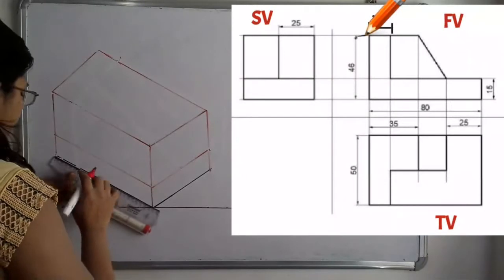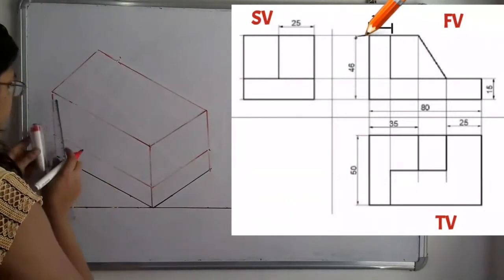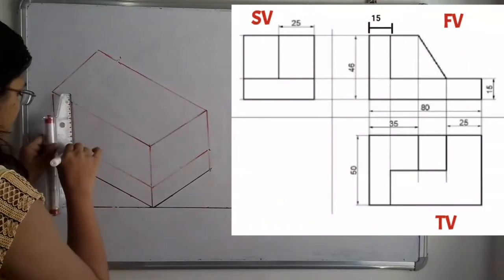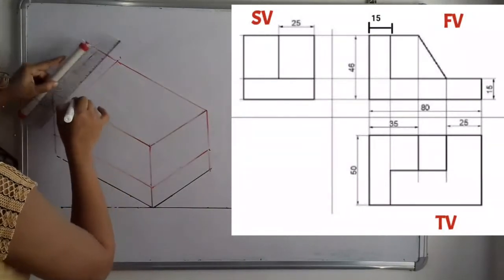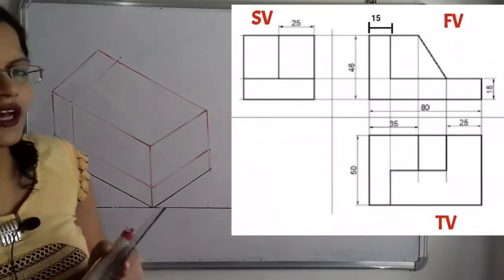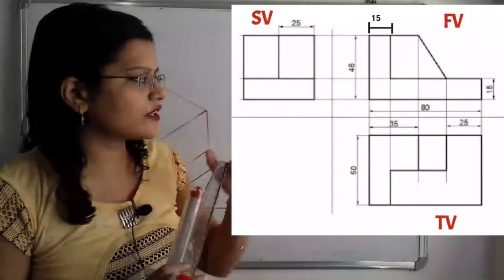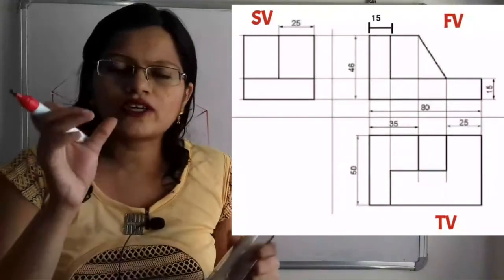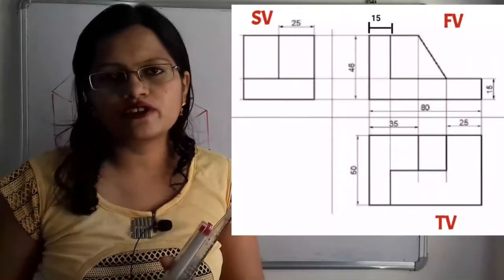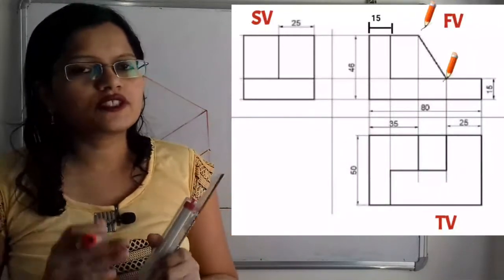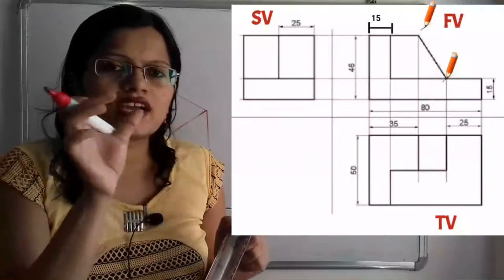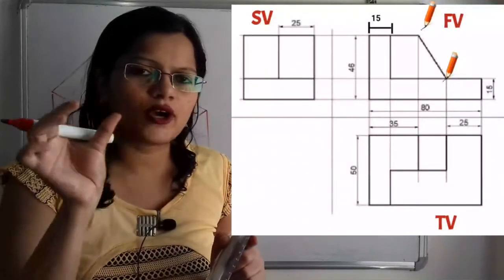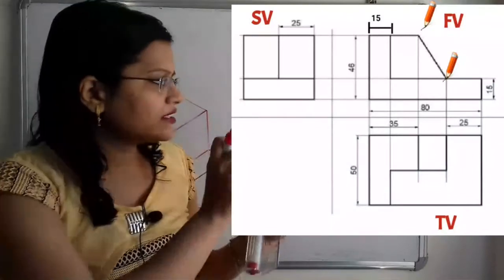So these are the 3 points that we have selected. Now we will join these 3 points. Now again, if we observe, there is the slope. So what is the start point and end point of this slope? So if we observe from the front view to the top view, then the location of the exact start point and end point is given, that is along the length.